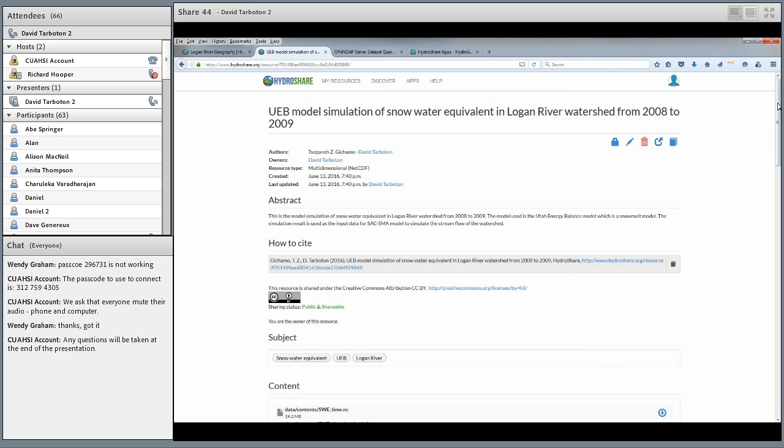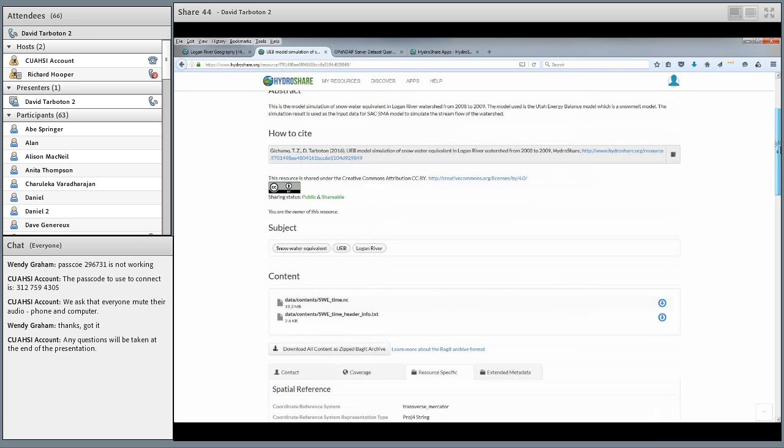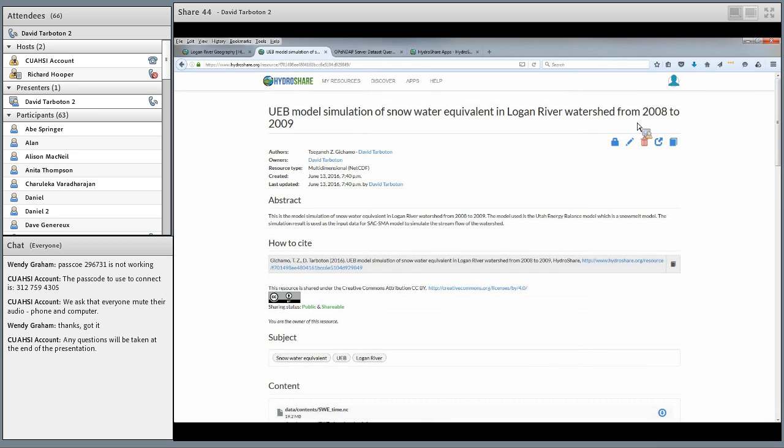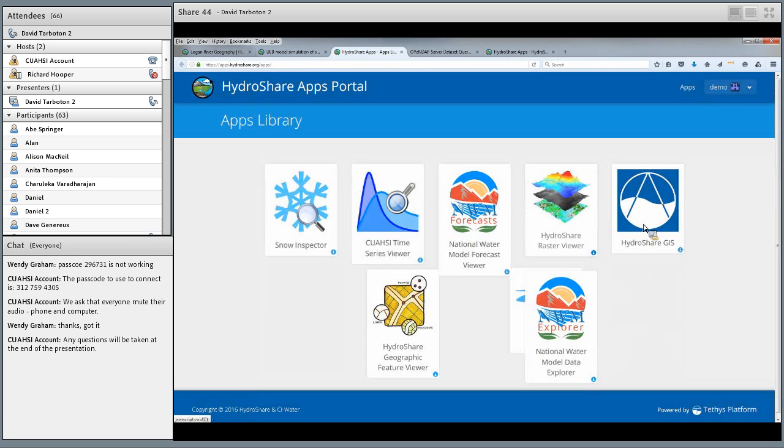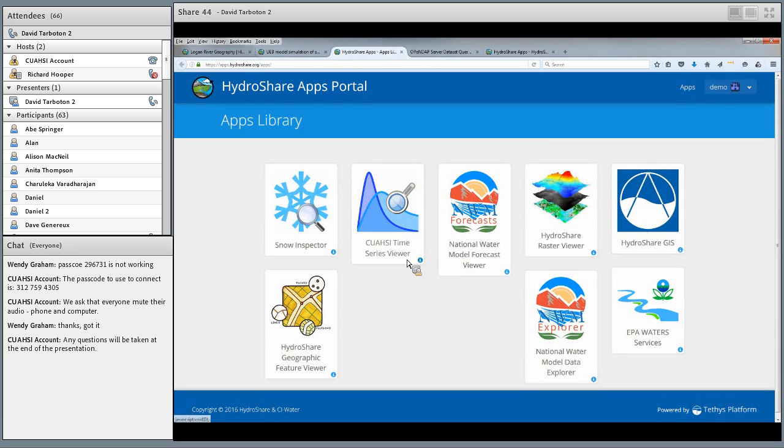So I think that's covered all of the things that I wanted to actually show you how to work with in HydroShare. There were several other kinds of apps, and if I just click on that, you'll see them. In some of the follow-up webinars, we'll be talking about how to use each of those. But let me just switch back into the PowerPoint slides and